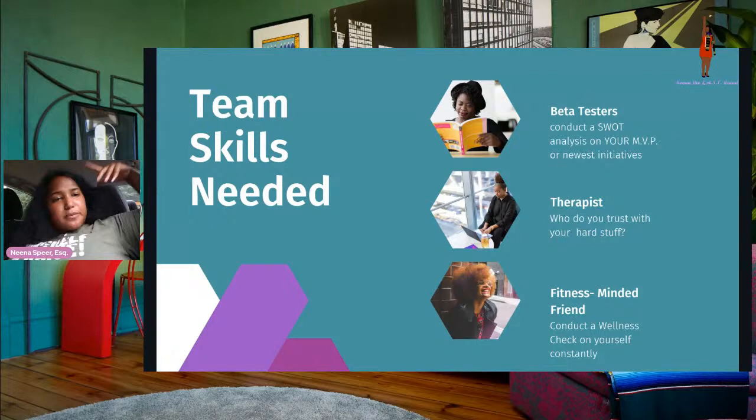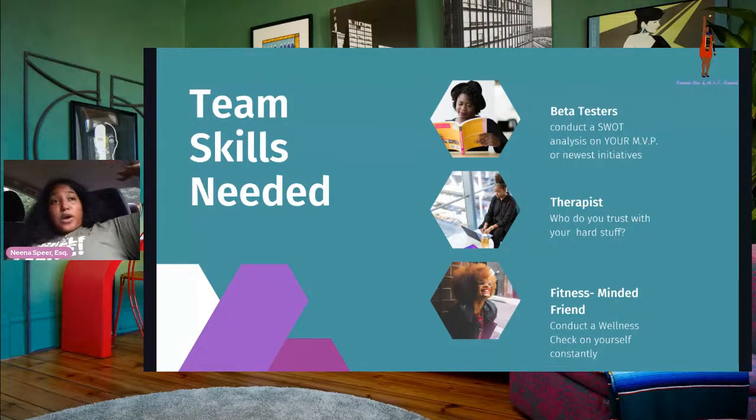wants to get active, get out there in the world. There is so much out there that we miss, but activity and physical activity, that is what allows us to make connections as a nonprofit board. So somebody who does a wellness check on your mental health, your physical health, whatever health, but somebody who's thinking about your wellness. Okay, those are things that if you have this on your board, I promise you, you're gonna